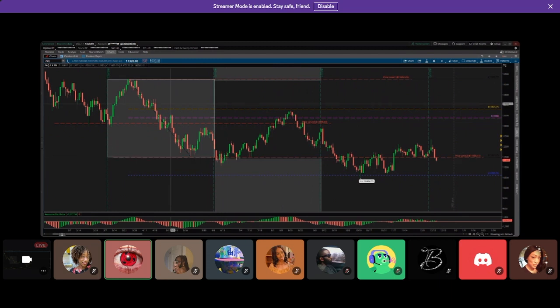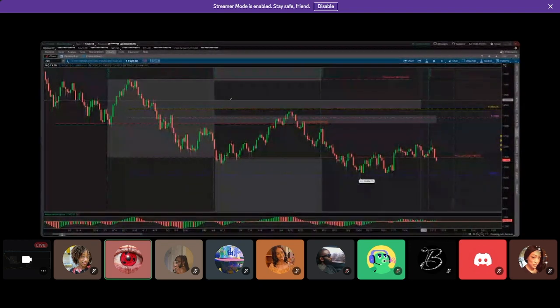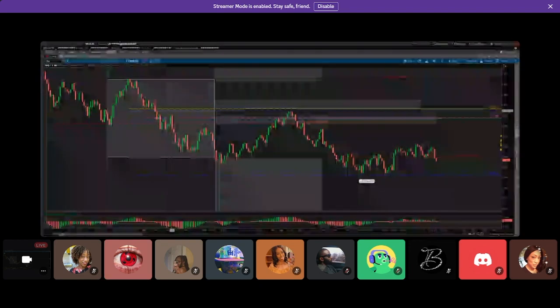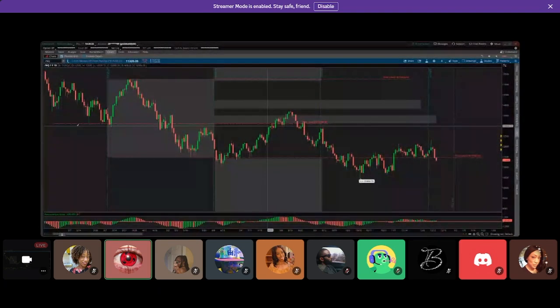And I could see it right here, right? We got one right here, right? And the other one right here, right? And in between, it's a gap. Now let me clean this up some, and then we get back to that. Let me clean this up some,